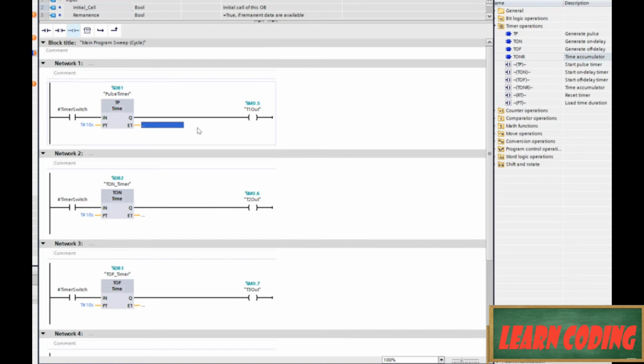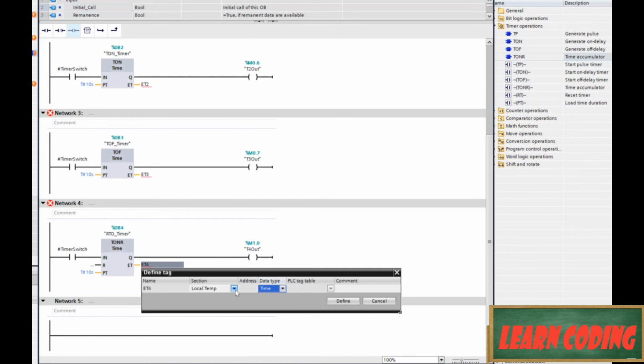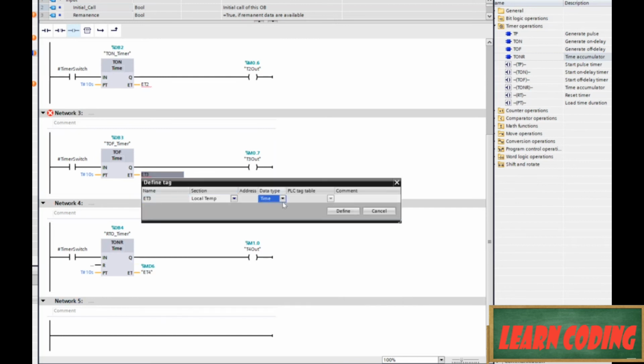So I'm going to have ET1 be a tag name, ET2, ET3, and one more ET4. And watch what happens when I go to define these tags. I'm going to set these up as global, and you see the data type is time, and I can also store this as an int or a word. But I'm just going to leave this as time. Alright, so define tag,